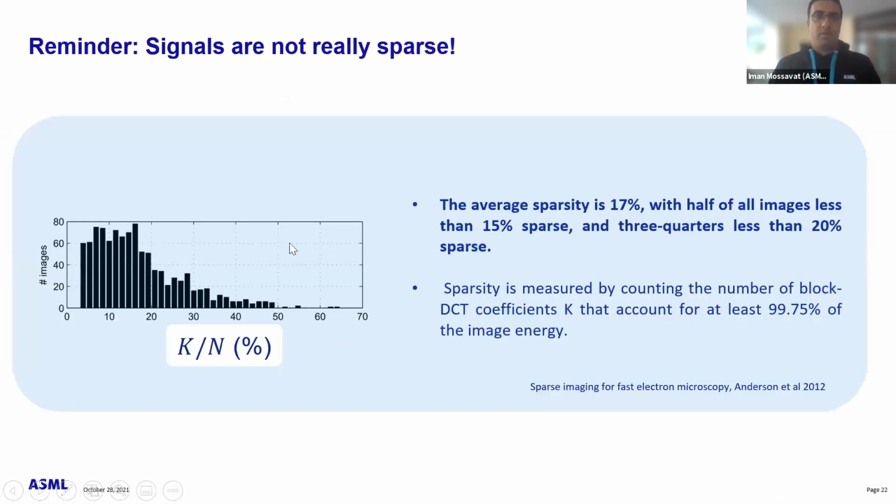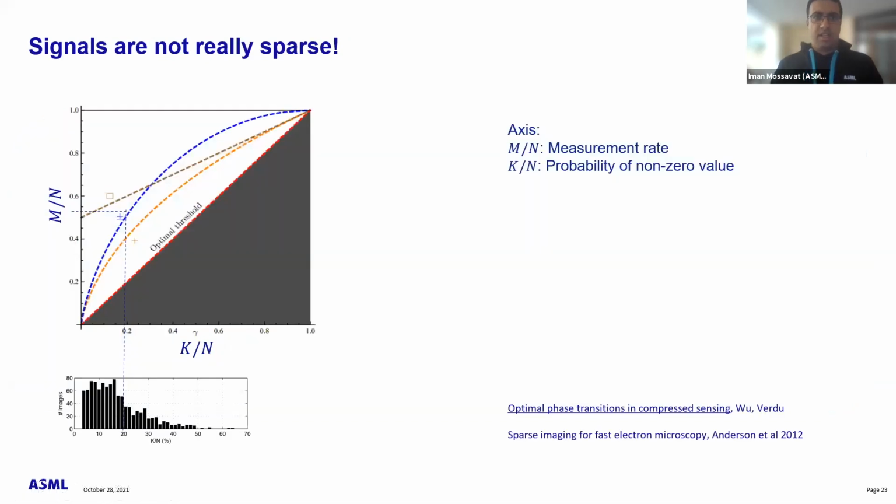Going back to the fact that signals are not sparse, here again is the probability of getting a non-zero value over some data set. And this is a histogram of the amount of non-sparsity. So if you're here, you're very sparse. And if you're here, you're really not sparse at all. And so you see that a lot of images have a large degree of more than, say, 30% or so non-sparsity. So natural signals are not really sparse. And if I now mix this with these results of the phase transition, that shows how much data you need such that things work,